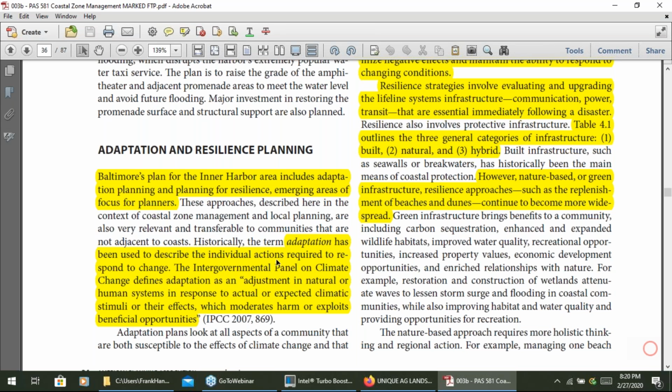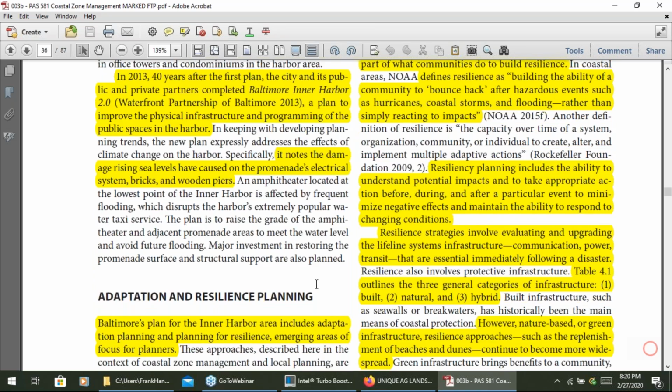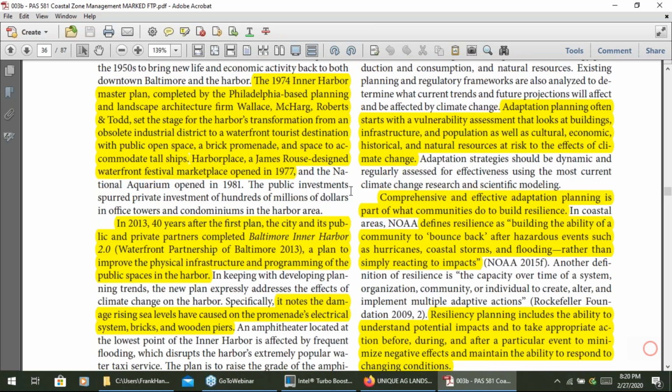Adaptation has been used to describe the individual action required to respond to change like climate change: adjustment in natural or human systems in response to actual or expected climatic stimuli, which moderates harm or exploits beneficial opportunities. Adaptation planning often starts with a vulnerability assessment that looks at buildings, infrastructure, and population, as well as cultural, economic, historical, and natural resources.